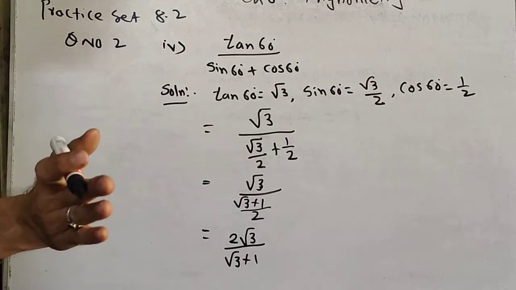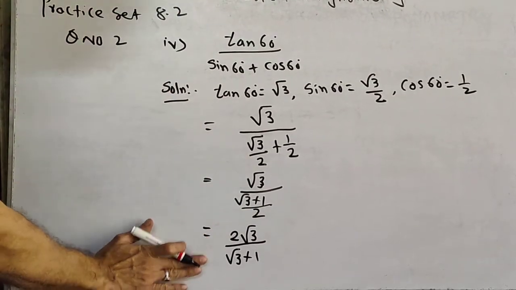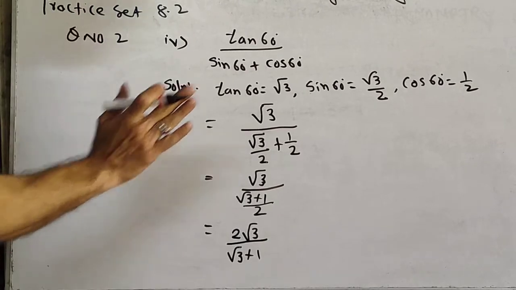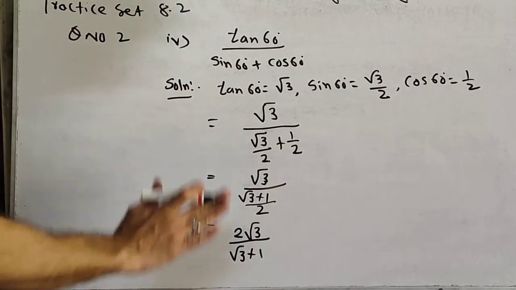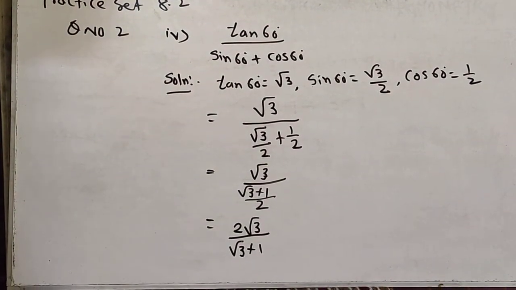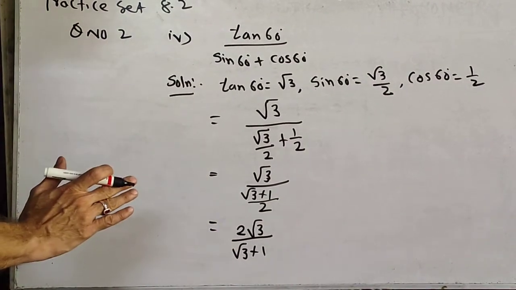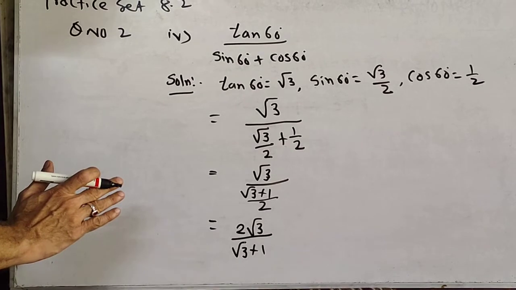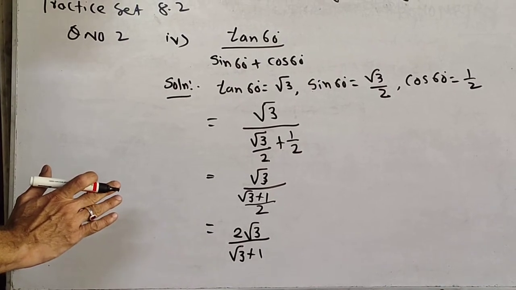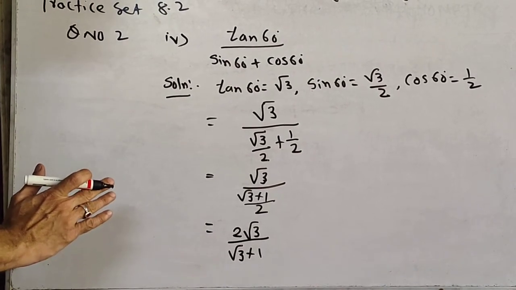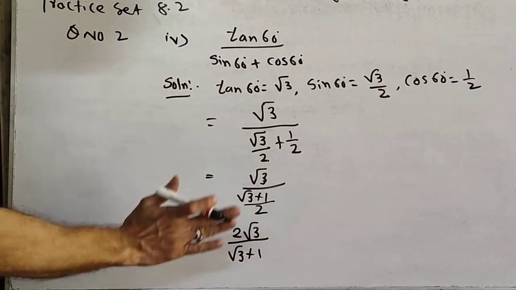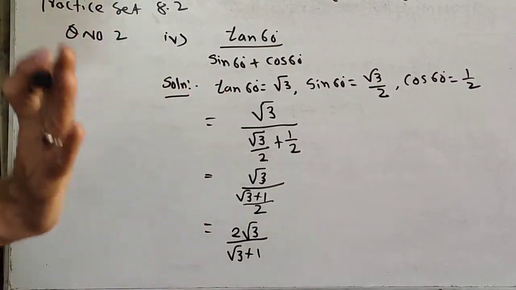At the back of your textbook the answer is given till here only. But please don't stop here. You have to solve further also. Okay, further also you have to solve. You have to rationalize the denominator. You know in maths 1 you are doing rationalization. You have studied surds. So it is not difficult for you.